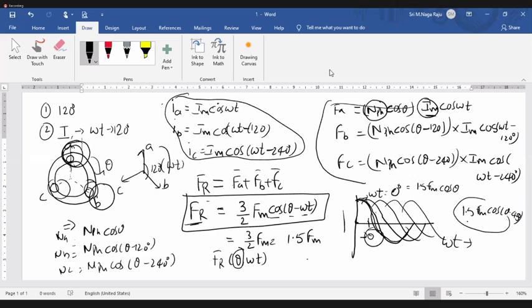Physically, we have seen how the magnetic field is moving in the last class. In this expression we have 3/2 into Fm, which is constant. The only variable is omega t. Then with respect to theta, this will vary. So this is the mathematical proof for the production of rotating magnetic field. All of you got it? Or any doubt? If you have any doubt, I will explain now itself. Tell me.